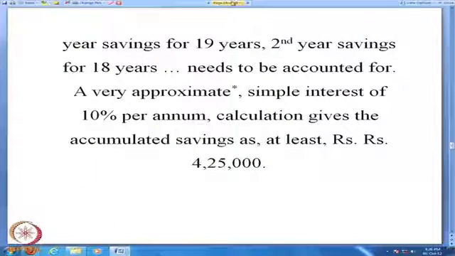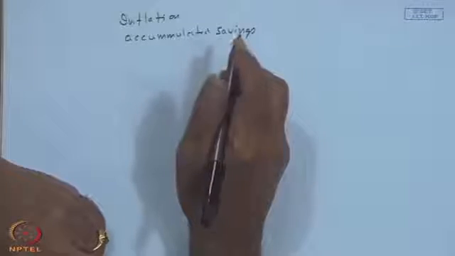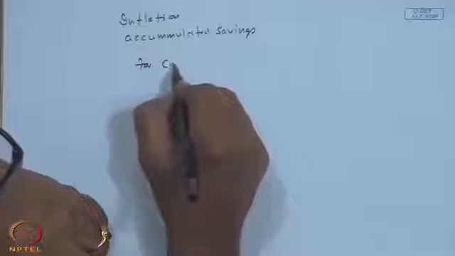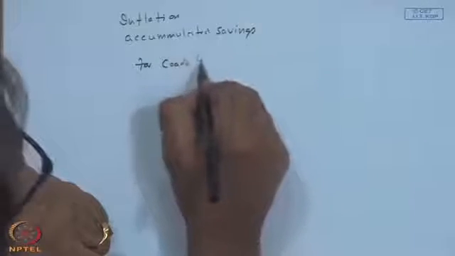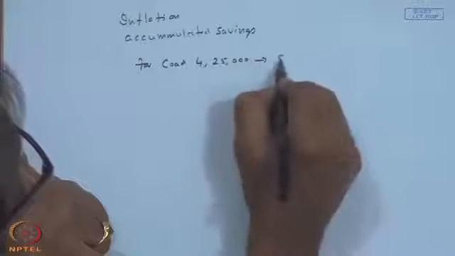First year savings are all right, but if you are putting it in the bank, first year savings will be for 19 years, second year savings will be for 20 years, then that amount turns out to be for coal not that 1 lakh something, but 4 lakhs 25,000 with a simple interest